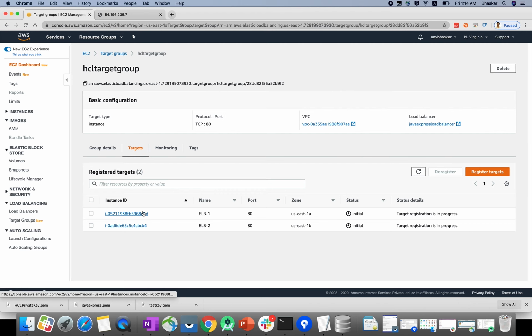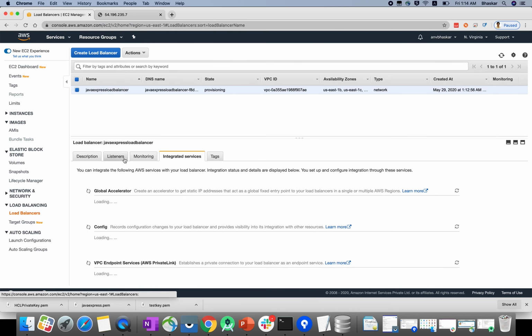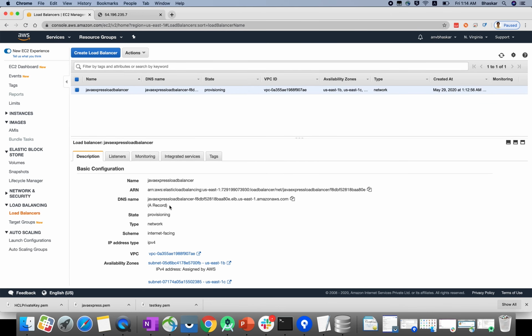Now your two instances are ready and the load balancer is ready, but you need a public DNS name, right? If you want to check the public DNS name, click load balancer, go to description. See, this is the DNS name.